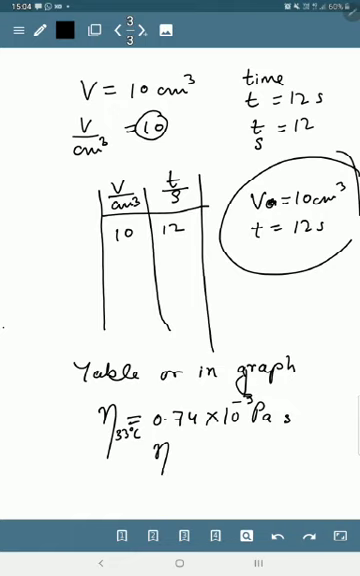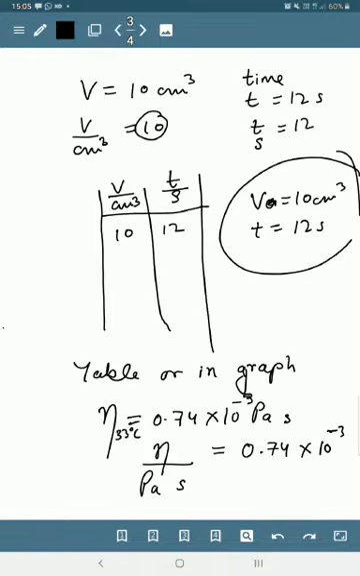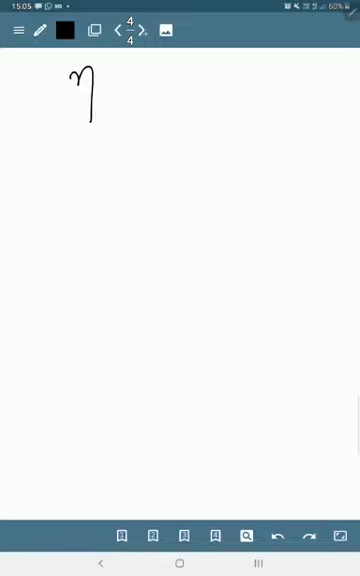Then what do you do? You do not plot a graph of this versus time in second. You divide eta by Pascal seconds and your quantity becomes 0.74 into 10 to the power minus 3. Now Dr. Sheikh did explain to you that if you plot a graph of 0.74 into 10 to the power minus 3, it will be a complicated thing. So what do you do? Eta upon 10 to the power minus 3 Pascal seconds, and your quantity becomes a measurable quantity like